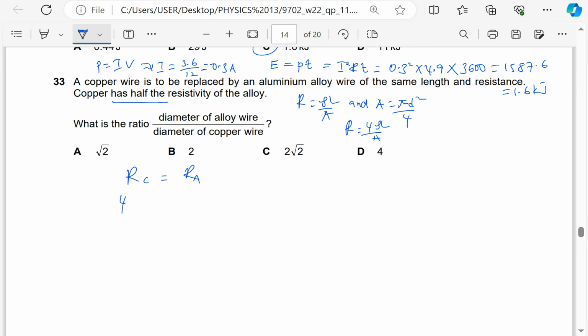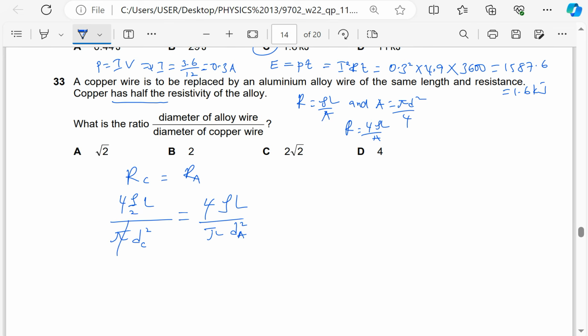Copper has half the resistivity, so I'll put a half here. So I'll say rho over 2. Then length, they have the same length, so I'll say times L. Divide by pi, diameter, so I will say diameter of copper, I'll call it d subscript c squared. This should be equal for the alloy, it will be 4. Its resistivity is rho. They have the same length, pi, and the diameter of the alloy, let it be dA